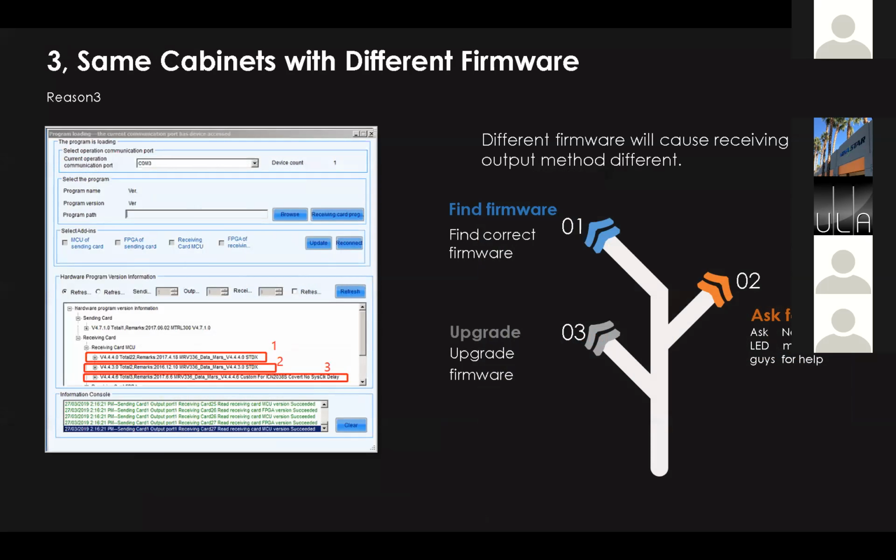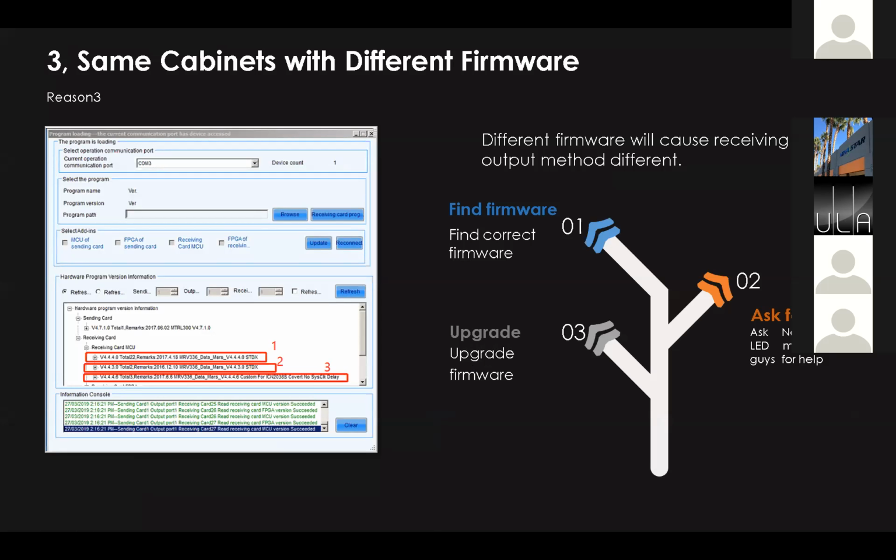Okay, so the third reason is the same components with different firmware. The different firmware may also cause different brightness issues, because the structure and the instructions in different firmware may differ. So we need to find the correct firmware. You can check with your screen supplier or NovaStar, and we can try to help you find the cross-binding firmware